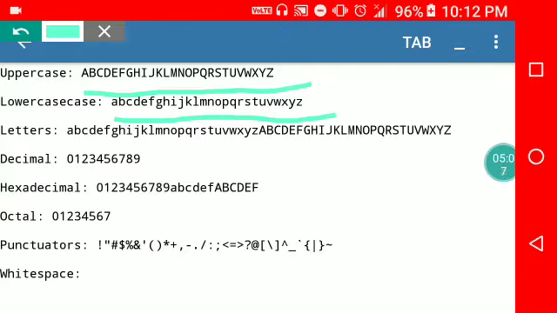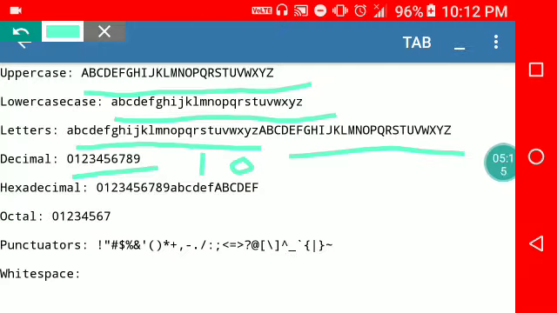Here both lowercase and uppercase. Here 0 to 9, which means 10. Here 0 to 9 and A to F, upper and lower case, which means 16. Here 0 to 7, which means 8.